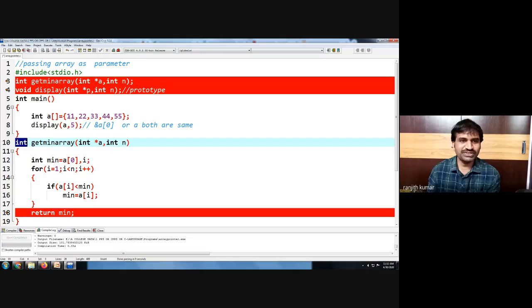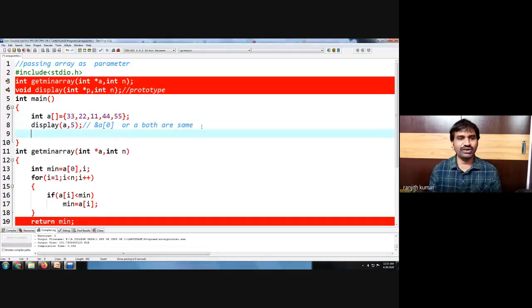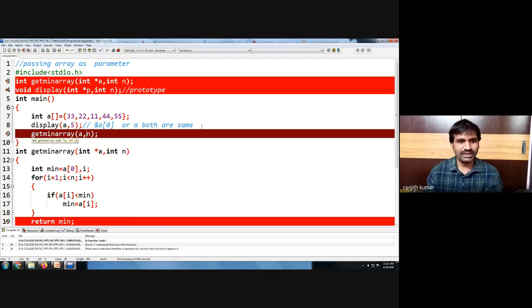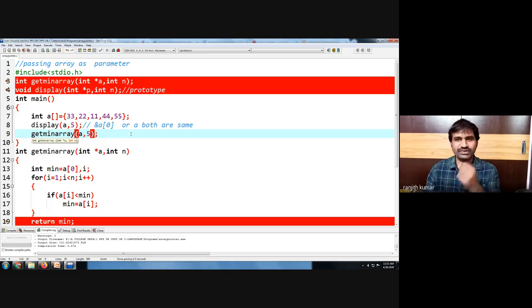Once you execute this program, as the data is already sorted, you may think it is returning the minimum value. So let us give a different order: 22, 11, 44, 55. Now this array has a different order, and we are calling the min array function with a comma n. Now let us compile this program. We got some error here. The value is 5. If you get an error and correct it, it will improve your confidence. Let us compile and run this program.